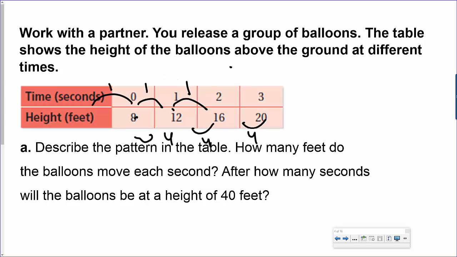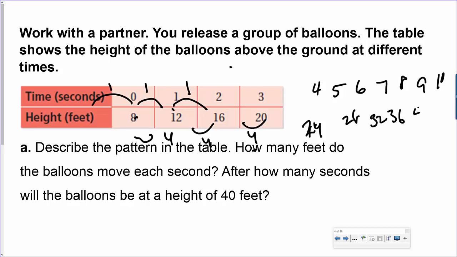If I keep on doing this, 4, 5, 6, 7, 8, 9, 10, and on the side I'm going to have 24, 28, 32, 36, and 40. This is a little off here, but if I look, 8 is 40. So every second it appears to be moving 4